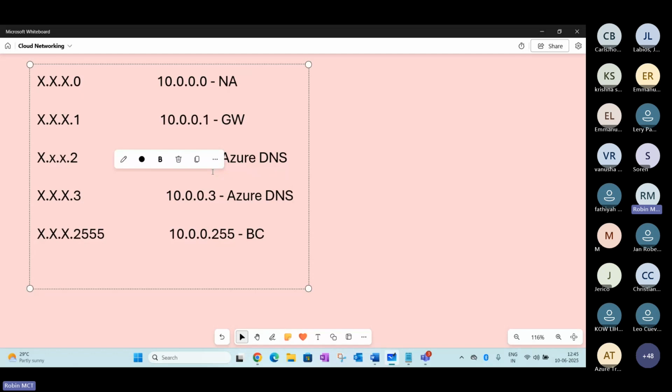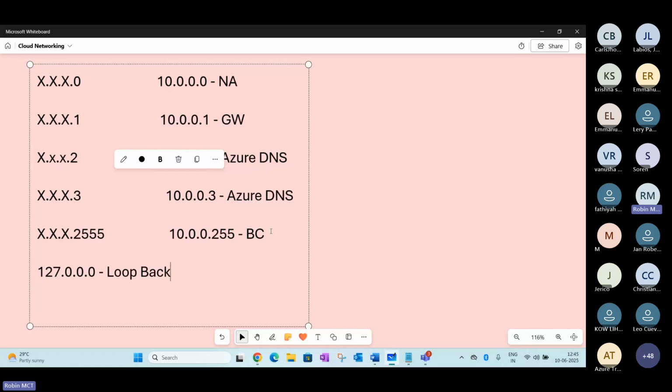And for your information, generally we are not using the loopback IP address either. That means the 127.0.0.x series. This IP address is also not used for your clients, because it's used for loopback purposes. BC, I just mentioned, is a broadcast IP address.